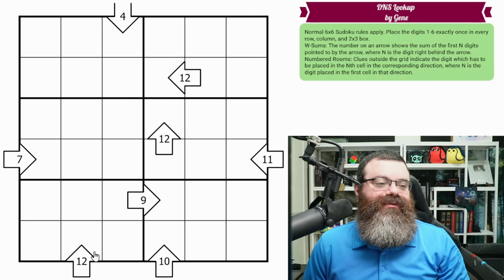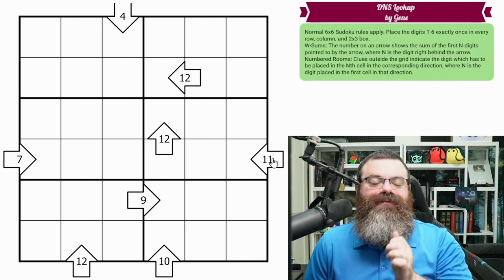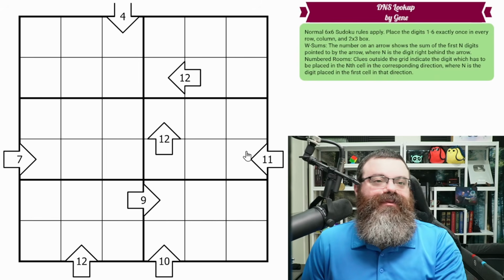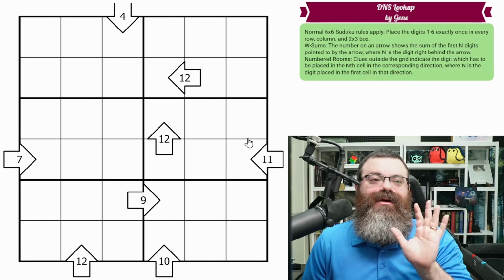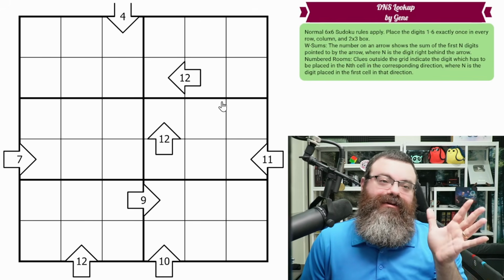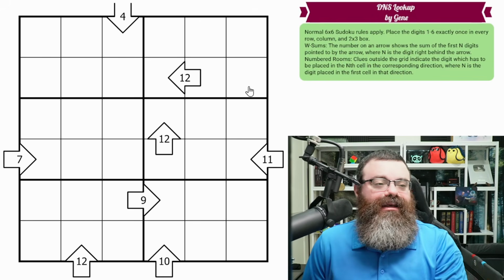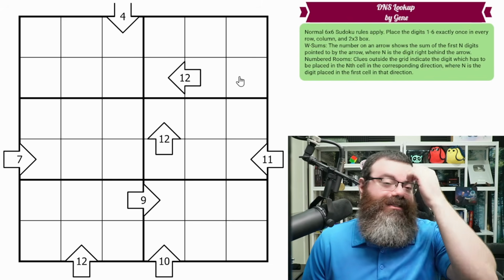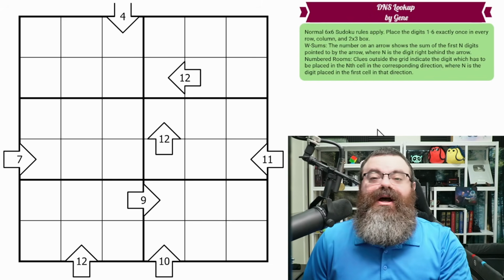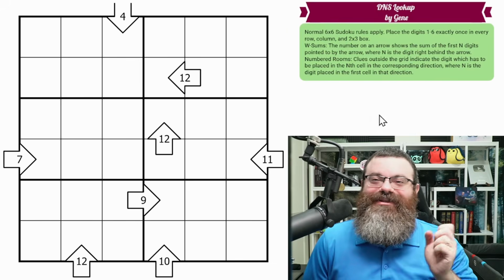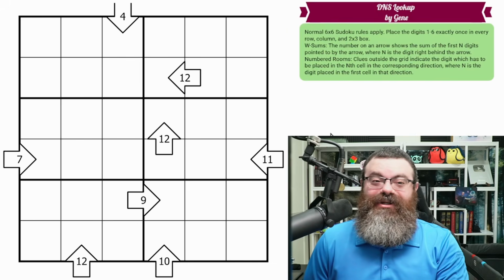So we have 1, 2, 3, 4, 5 numbered room clues that we have to figure out the digit for, and then use that with our numbered room clue. All right, sounds complicated, but if you're familiar with numbered rooms already, and you're familiar with X sums at least, it's kind of a combination of those, a little variance on that. All right, well, let me know how you did. Skipping ahead a little bit, those are the rules. There's a link in the description if you'd like to try the puzzle yourself, and I'm going to get started